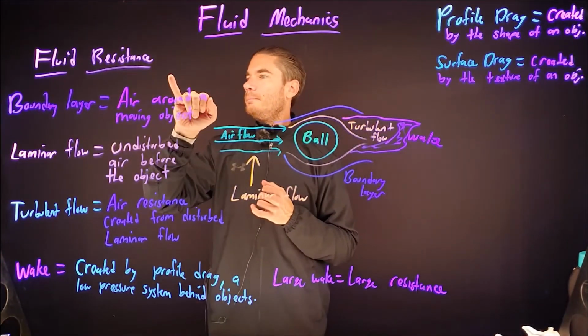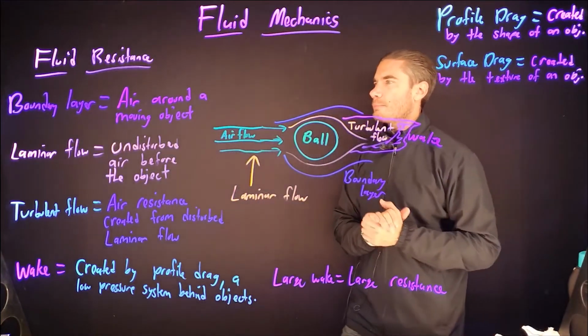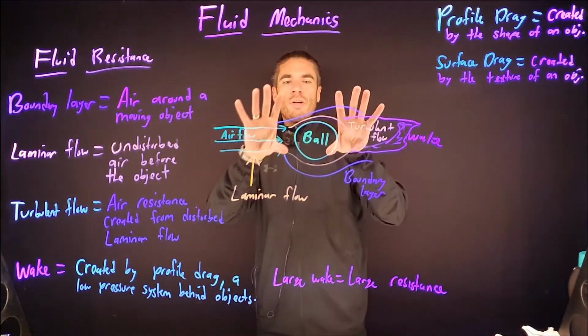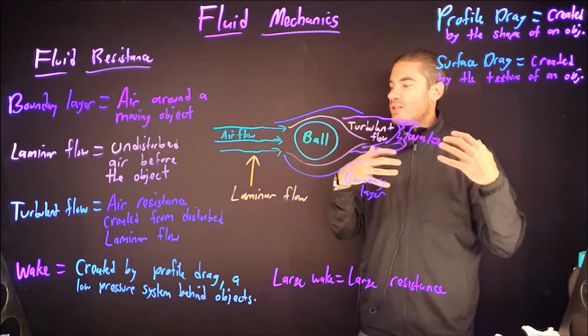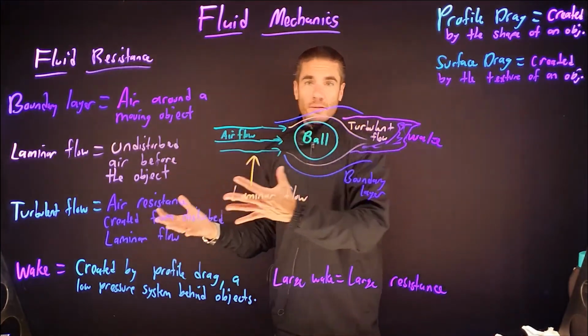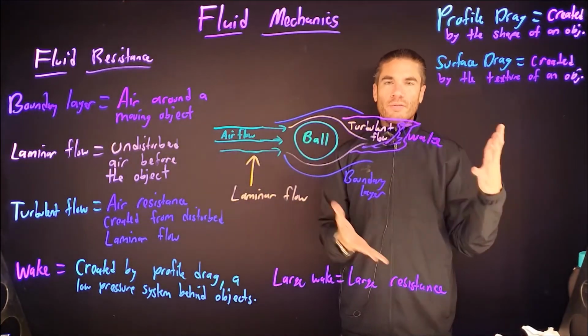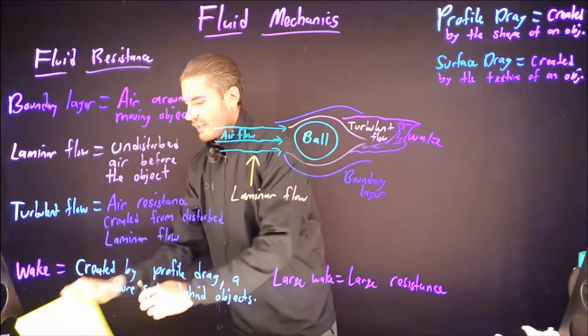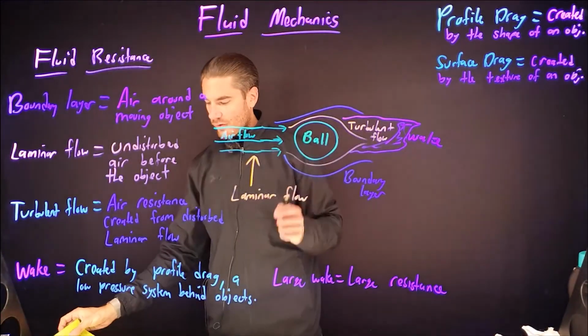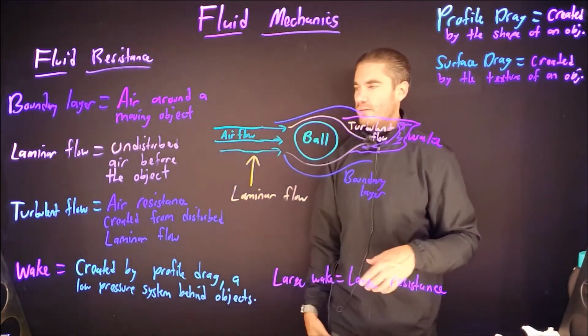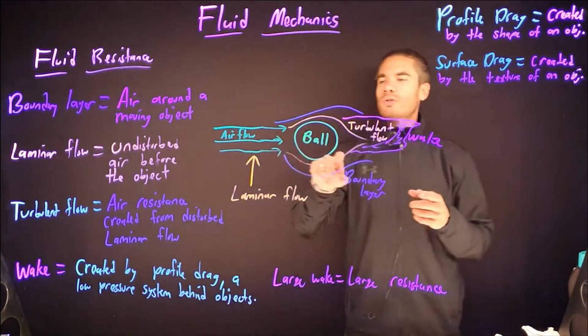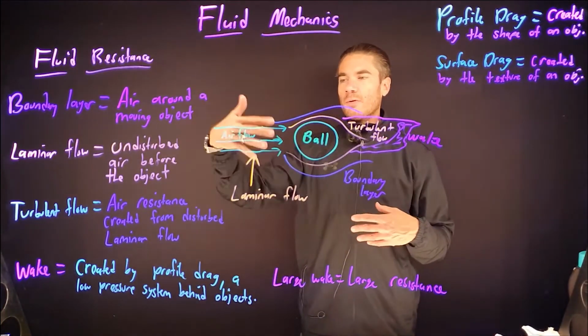So let's look at this. Fluid resistance. Second thing, so when an object like a ball specifically travels through air, all right, we experience all of these things. Now this picture is taken straight out of your class notes again. I've done my best to try and draw it, but my drawings suck and I'm aware. Don't hate me. So as the ball travels through the air, and the airflow is coming at it,